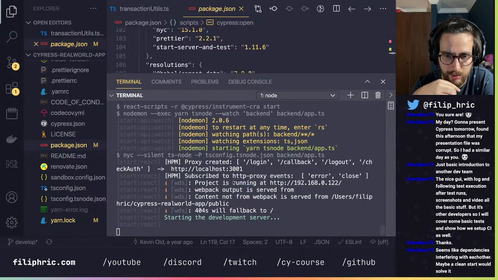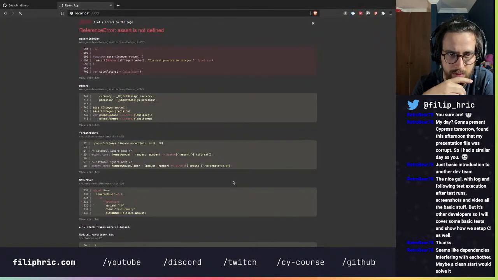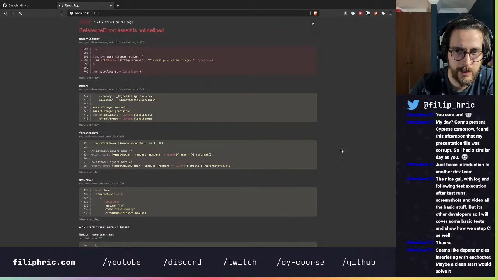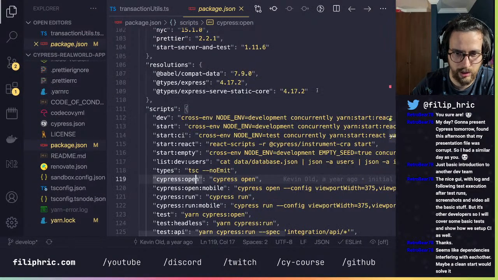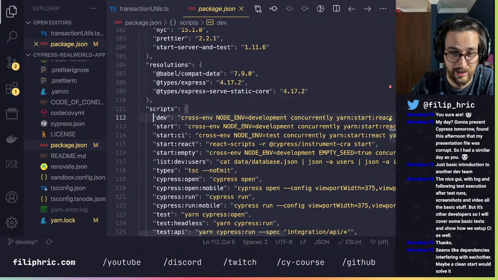It could have occurred to me sooner to try different scripts. I mean, yeah, maybe not. Because when you are writing your tests and you have your repo running locally, you're obviously going to be using it in development mode.